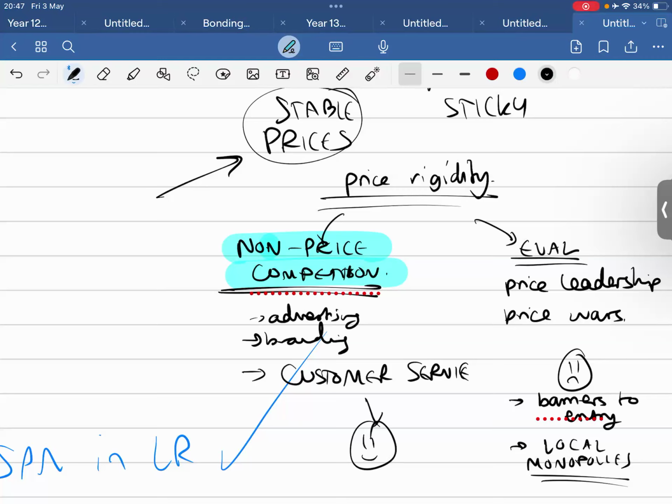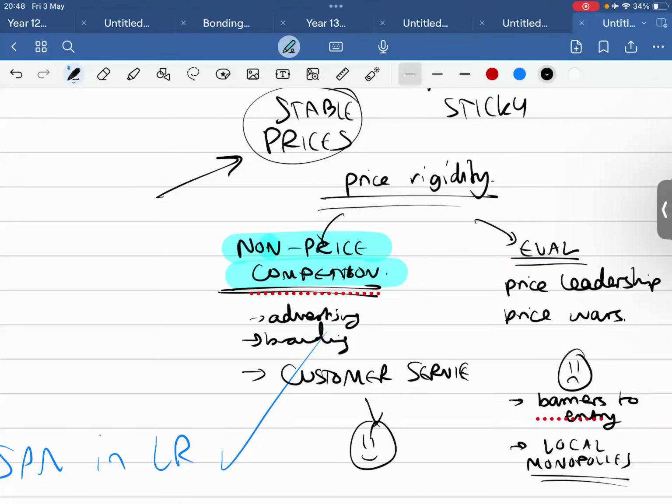I just said that a kinked demand curve model shows that in theory, competitive oligopolies are good because firms can never compete on price, so they only compete on non-price. So in theory, oligopolies compete on non-price and cannot compete on price. However, in reality,